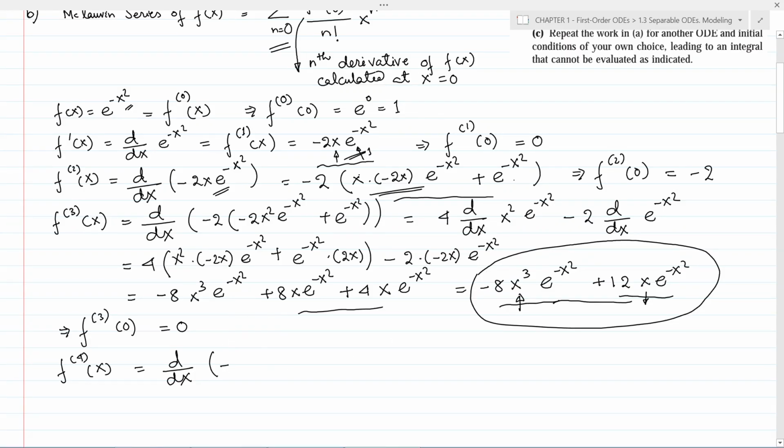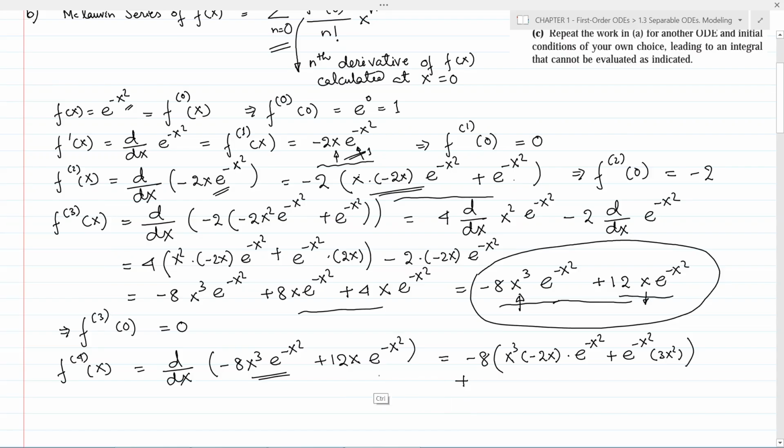So we can write minus 8 x cube e to the power minus x square plus 12 x e to the power minus x square, which is equal to minus 8 multiplied by derivative of this term. We can use the product rule and we can write x cube multiplied by minus 2x multiplied by e to the power minus x square plus e to the power minus x square multiplied by 3x square